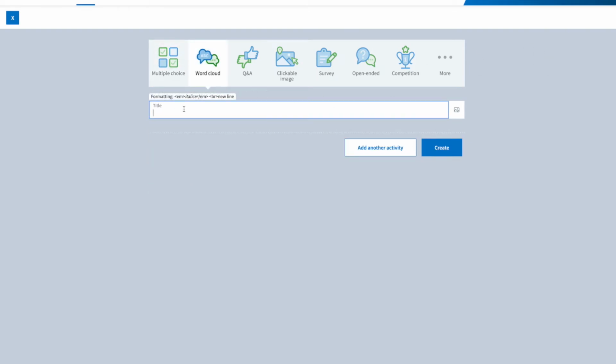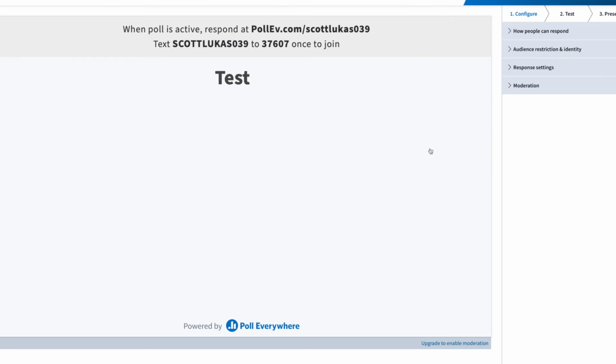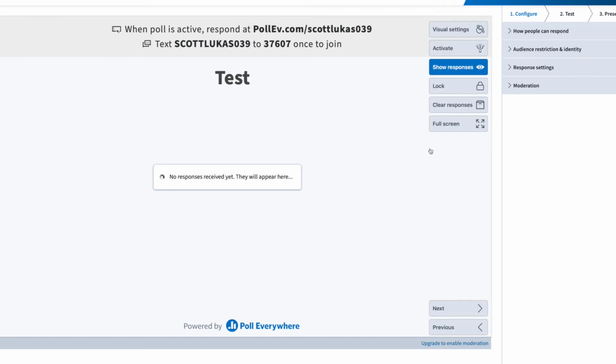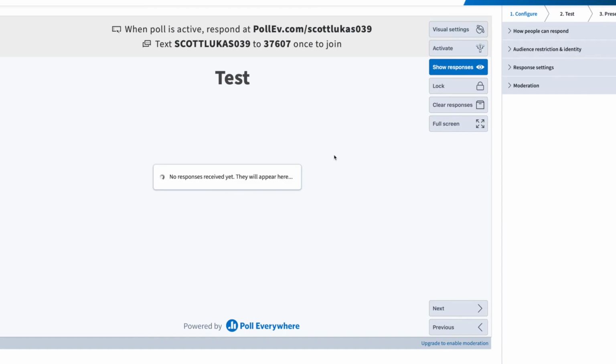So word cloud could be cool as well, because word clouds allow you to gather information from your students in a class and allow for really crowdsourcing of information and content. So again, if I went to this address here, I could join and I can type in my responses. So Poll Everywhere, I think, is another great option there. It's a little more professional looking. I think it has that sort of